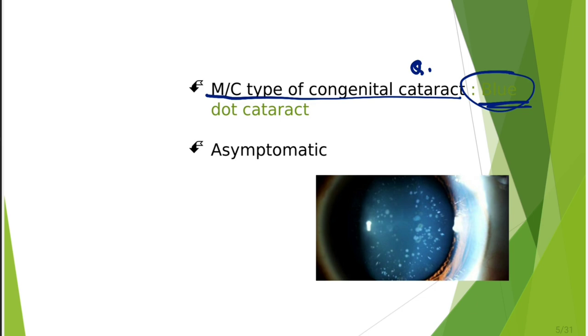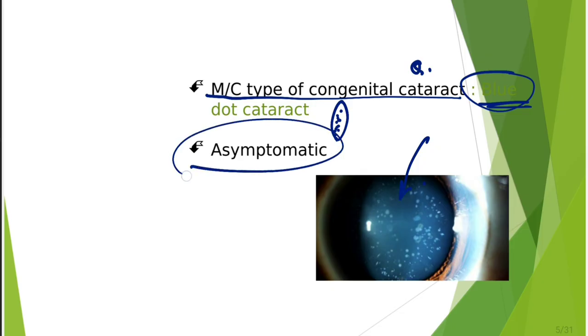Okay, blue dot cataract, that is the most common type of congenital cataract. Here, what happens to the lens, there will be bluish white opacities, like dot-like spots, that can be seen when we examine the lens. So that is blue dot cataract and this is how it looks. Usually it is asymptomatic, it does not affect the vision